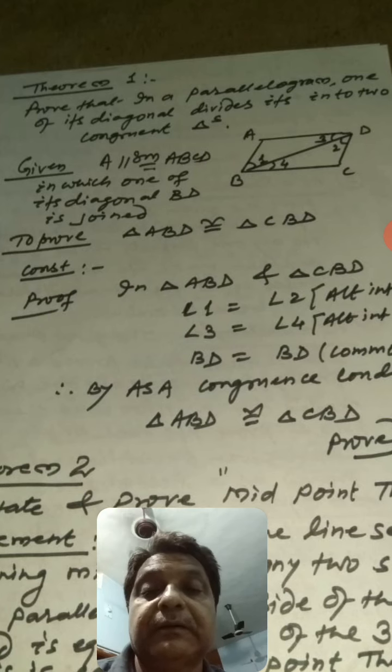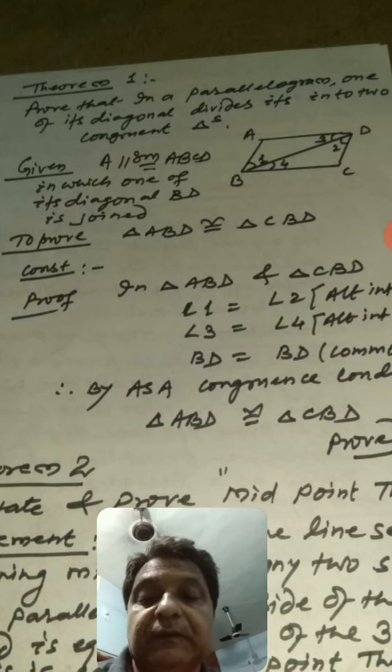To prove that triangle ABD is congruent to triangle CBD. For this, no construction is required for proving this theorem, so let us take directly the steps of